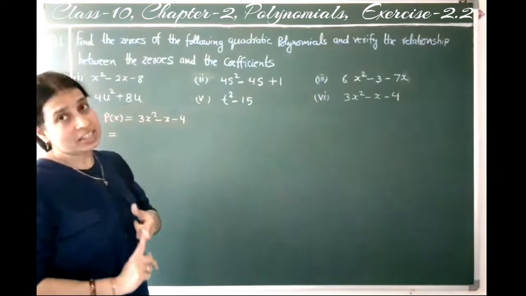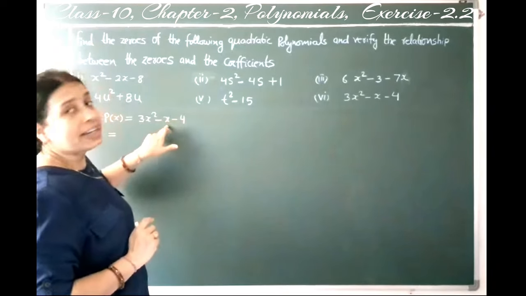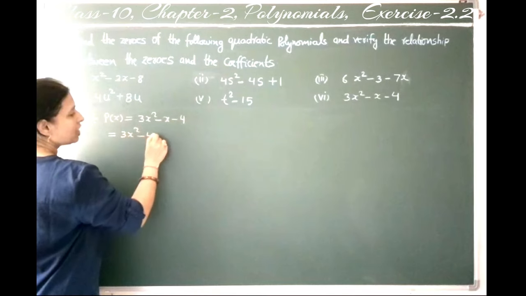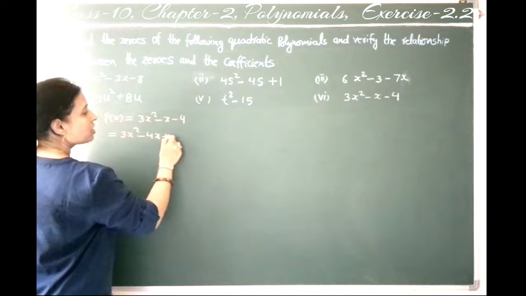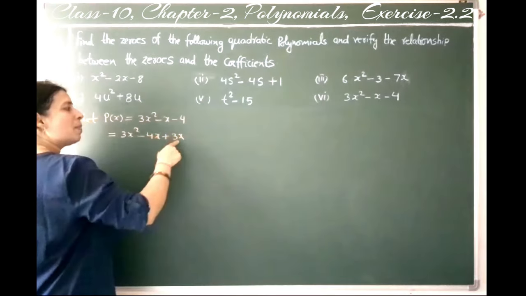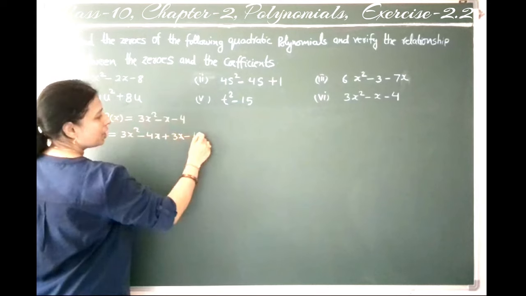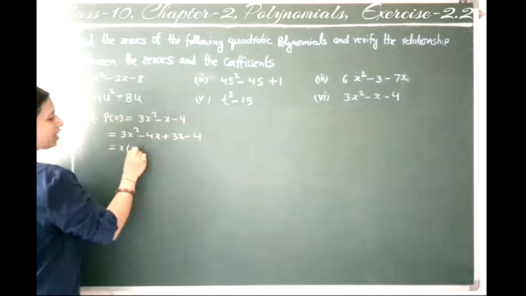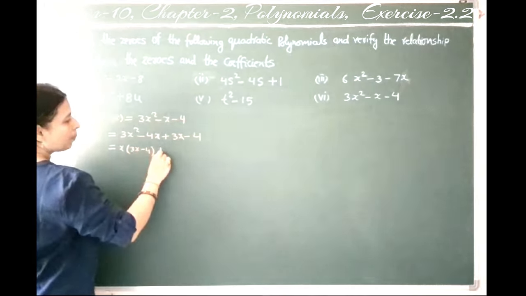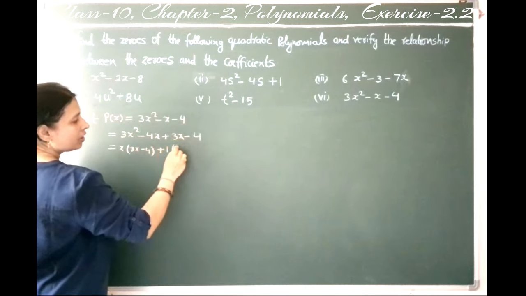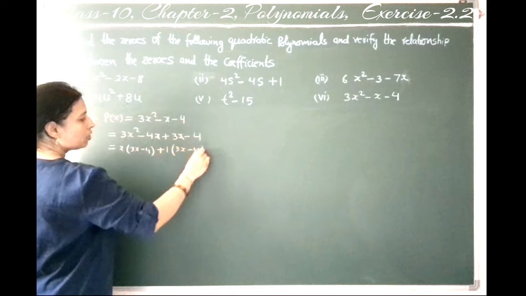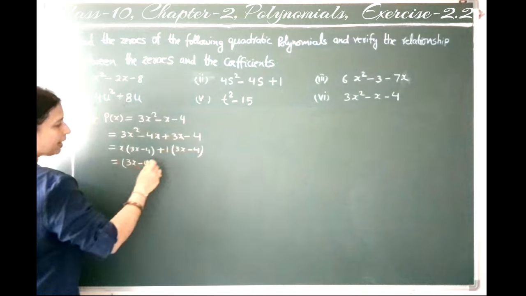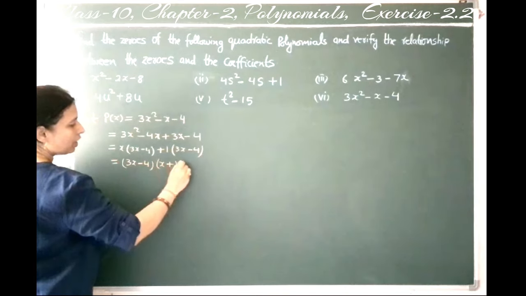और 4 माइनस 3 करेंगे तो क्या आएगा? x आएगा. यहाँ के टर्म, यहाँ का टर्म आएगा. सो वी कैन राइट 3x स्क्वायर माइनस 4x लेंगे बिकॉज दिस वन इज निगेटिव प्लस 3x. सो माइनस 4x plus 3x is minus x minus 4. Now we can take common x. So here it is 3x minus 4 plus take common 1. So it will be 3x minus 4. Now we have two factors 3x minus 4 and x plus 1.